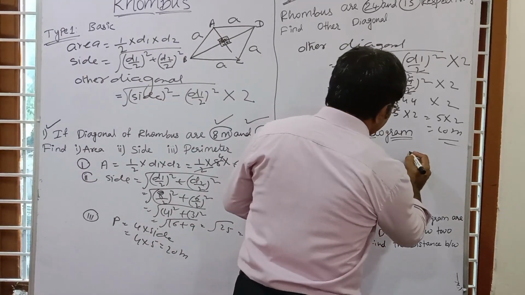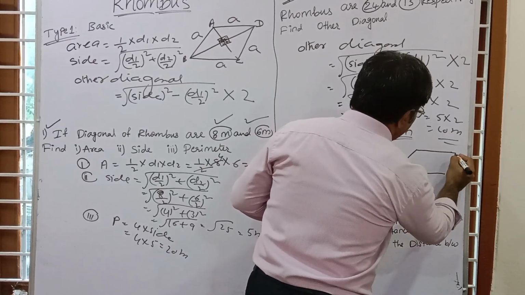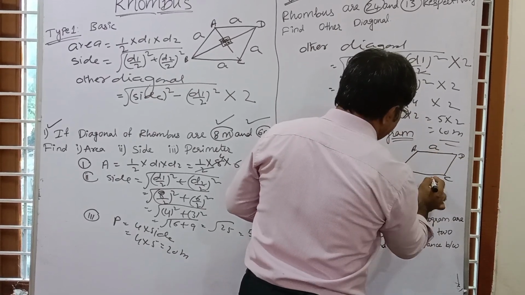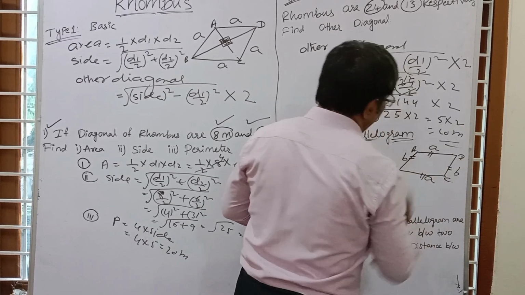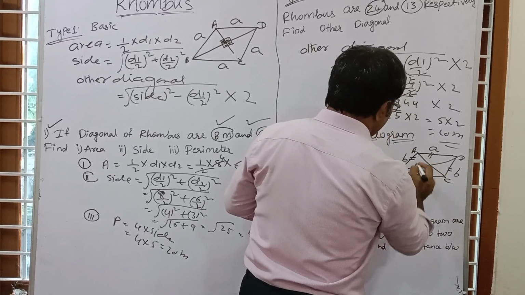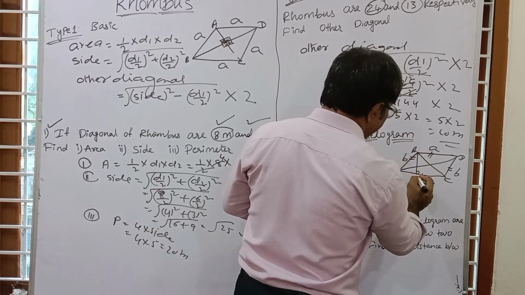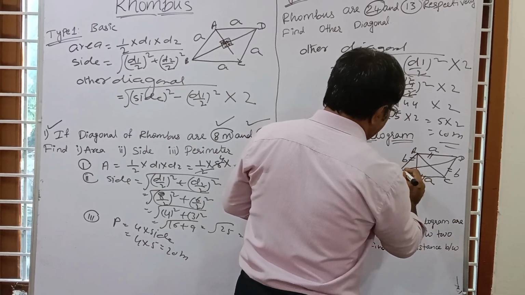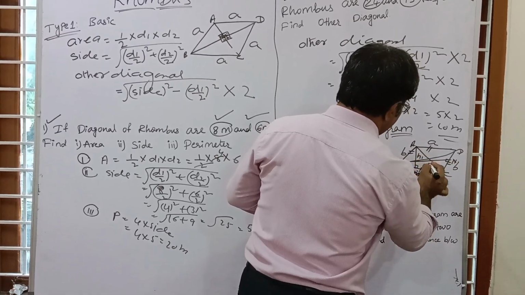So you see, just like this is the parallelogram. This is A, this is B, this is C, this is D. So this side is A, and this side is A, and this side is B, and this side is B. This side is parallel, and this side also parallel. And this is the diagonal one, BD, and this is the diagonal two. This is the distance between the two larger sides, and this is perpendicular. That is the perpendicular distance, that is M, so this is AM. In the same way, from this you can go perpendicular to this line. So this is N. So this is H1 and this is H2.